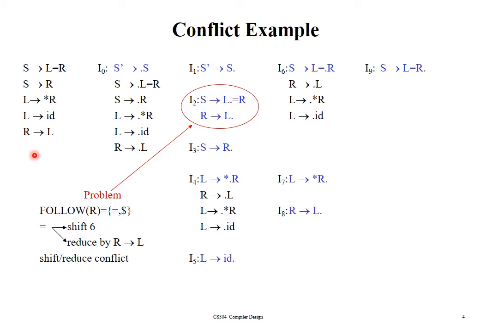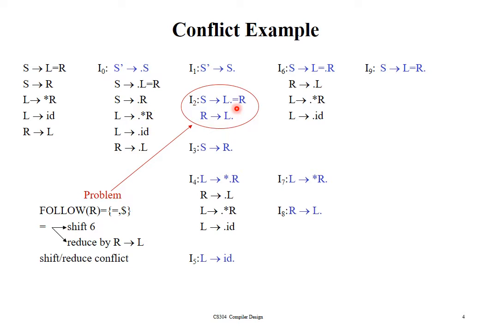While we look into the I2 closure, we can see that goto of I2 comma equal to will be S gives L equal to dot R, that is I6. So in the parsing table corresponding to 2 under equal to,